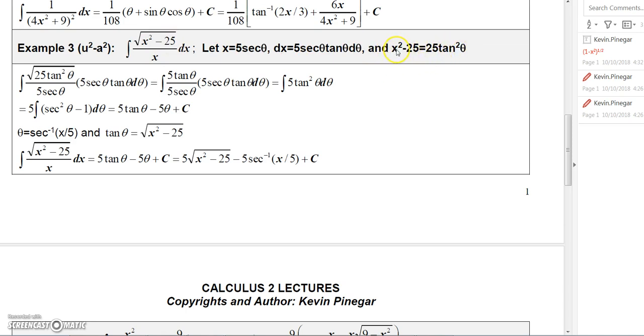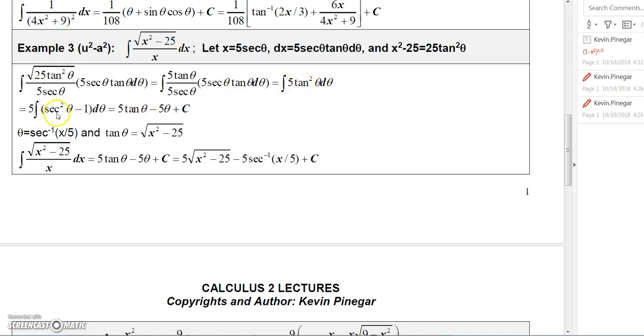You can do that if you want to put the 5 secant theta in here and then work it out, but you'll see that this will equal 25 tangent squared theta. So replace x squared minus 25 with 25 tangent squared theta, replace x with 5 secant theta, replace dx with 5 secant theta tangent theta, and then simplify. So you'll get 5 tangent theta over 5 secant theta times 5 secant theta tangent theta, and the secant thetas cancel, these 5's cancel, so you end up with a 5 times tangent squared theta,